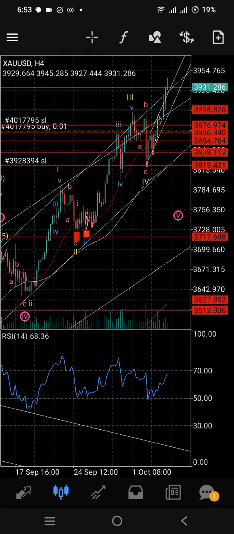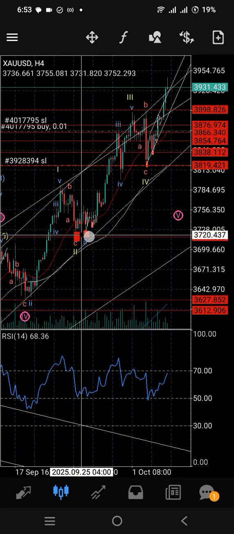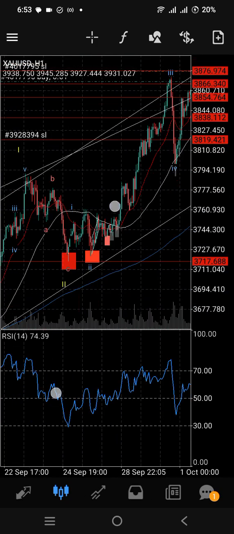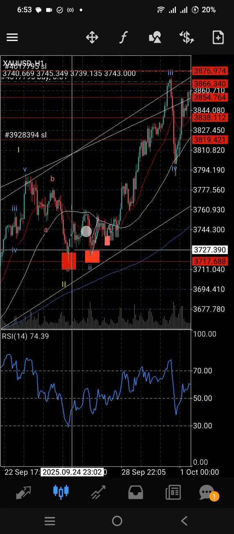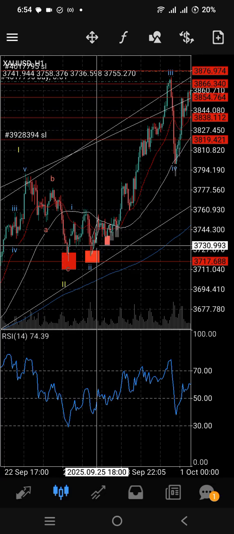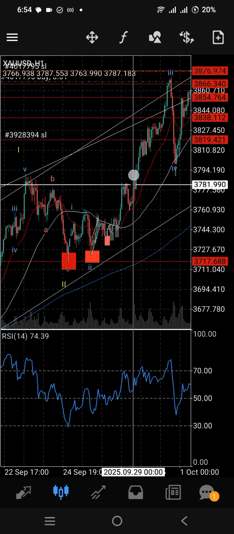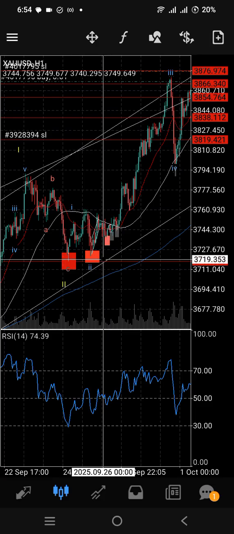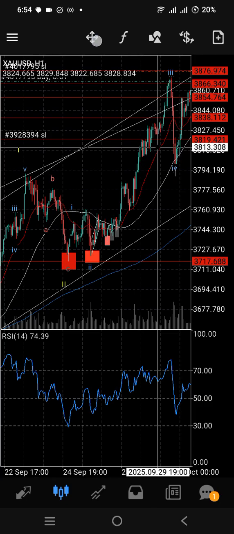When the wave 3 started, that is the wave 3 of the 5th wave extension, I made a video about how I was too biased, and I was not able to get a trade in. I believed that this would be an ABC, and because I saw an a 1, 2, 3 and then a breakdown, I was expecting 1, 2, 3, 1, 2, 3, and then maybe a 5-wave move up or something before we come down for a deeper correction. So I wasn't willing to take this as a 1, and then an ABC, and subsequently a move up.